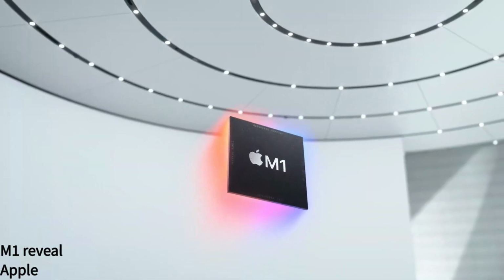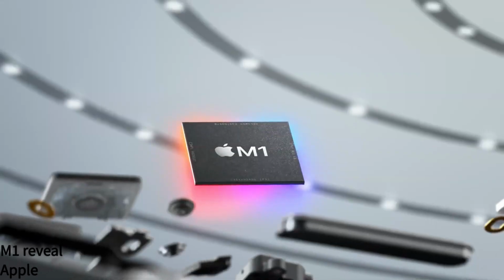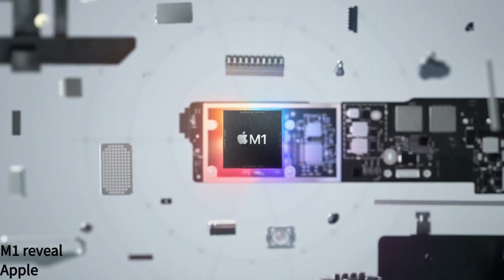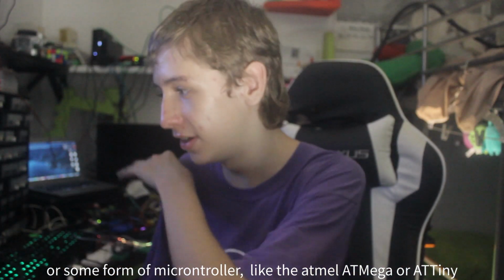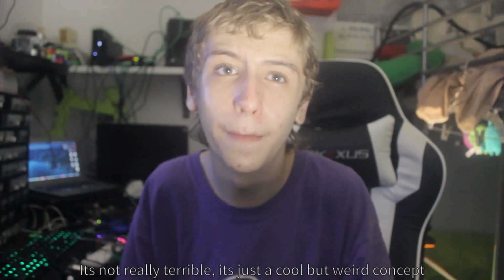As for my impressions of that chip as they've shown it, I still have a lot of questions about it, like the fact that it has the memory inside of it. It's almost like one of those chips where it's just an epoxy blob over everything and the chip does everything, and yeah, it's just terrible. But at least it's Apple, so you know what? I guess quality. But anyway,